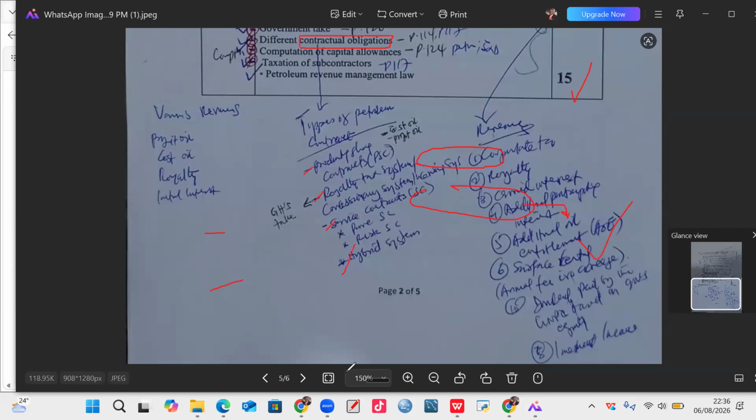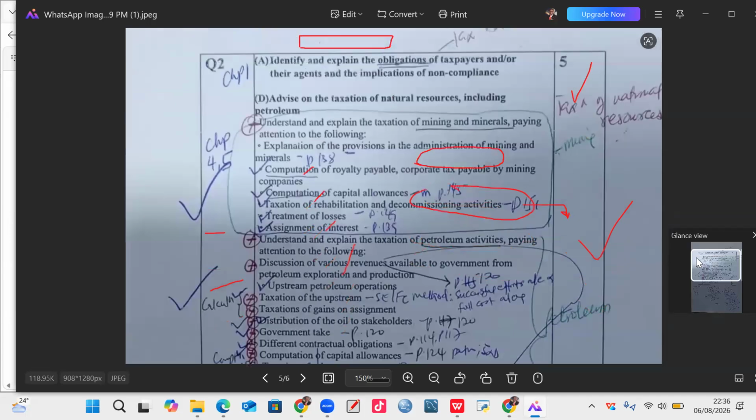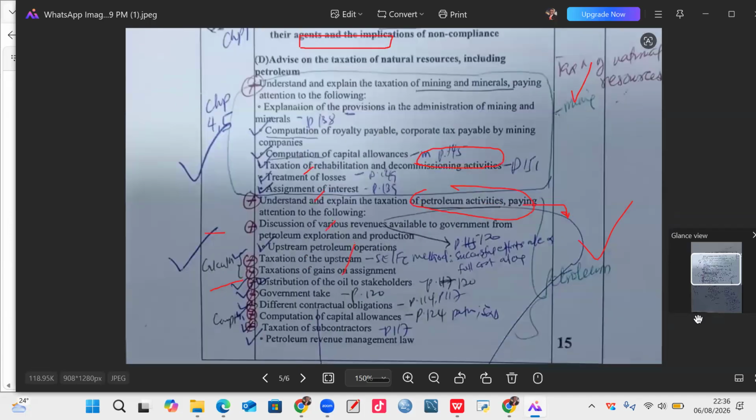So when it goes to the exam and the question comes from petroleum contract, I should know that it's captured in the syllabus. So I shouldn't be surprised when I see it. I should never be surprised when I see it. Okay. So before we take any questions, that's how we go by the structure. Let's look at the next ones.